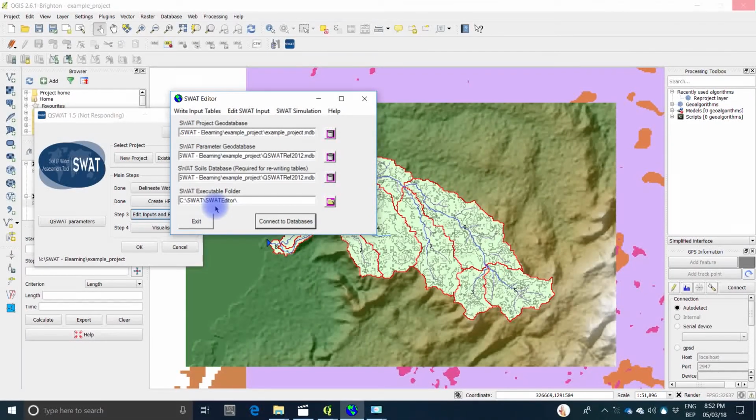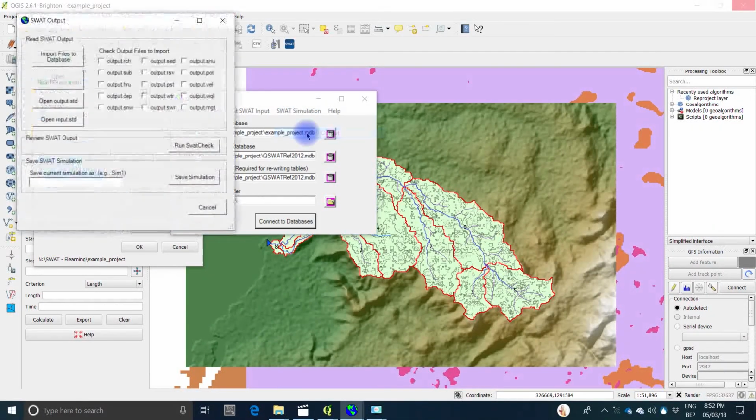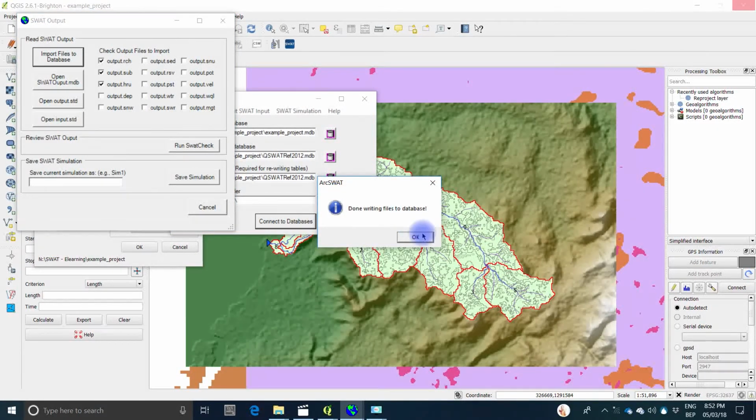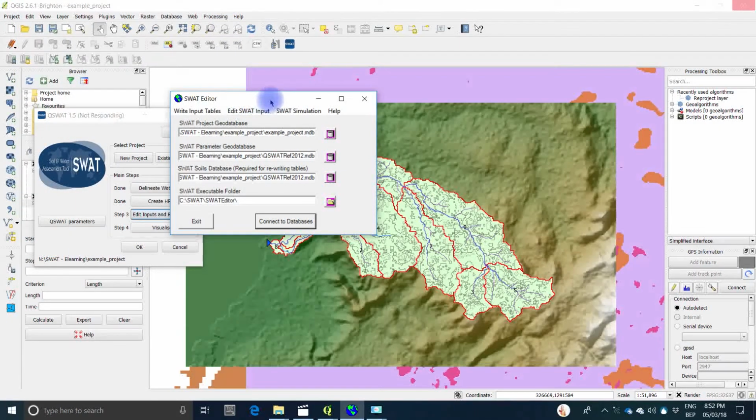And before you go to visualize, you will need to import your results into the database. To do this, you come to SWAT simulation, and then you say read SWAT output. When you click that, you can check the tables that you want to import. For instance, I want to import these, and click on import files to database, and then it shows that it's importing here, and it says done writing files to database. After doing this, then you can visualize your results. So let's close this